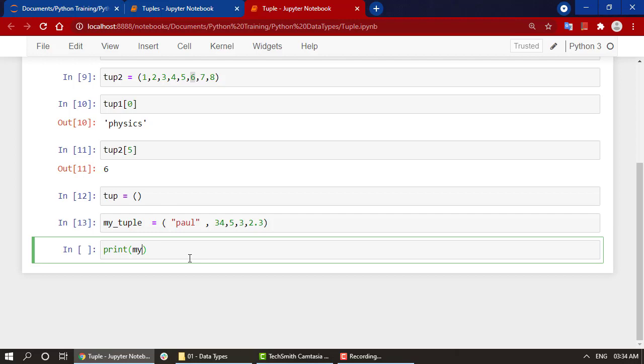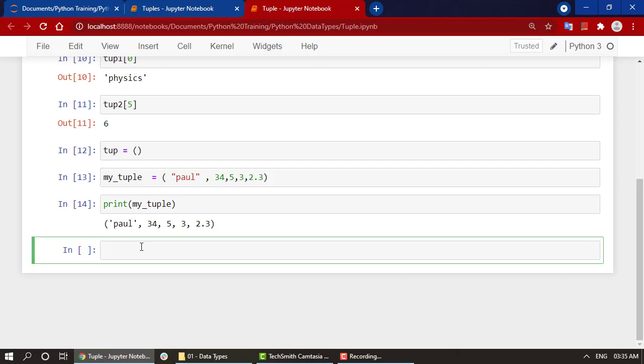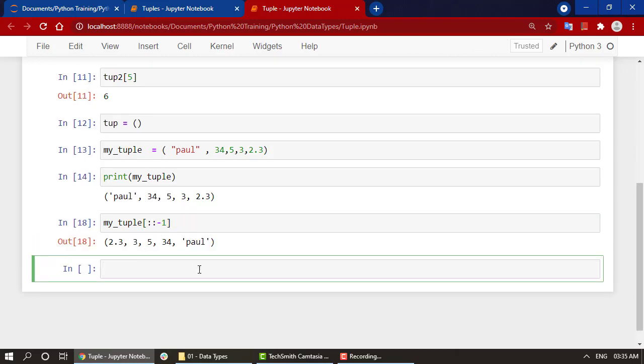Now, if you want to reverse your tuple, it is quite similar. You just write my_tuple and inside square brackets, two colons along with a -1. That will reverse your tuple.